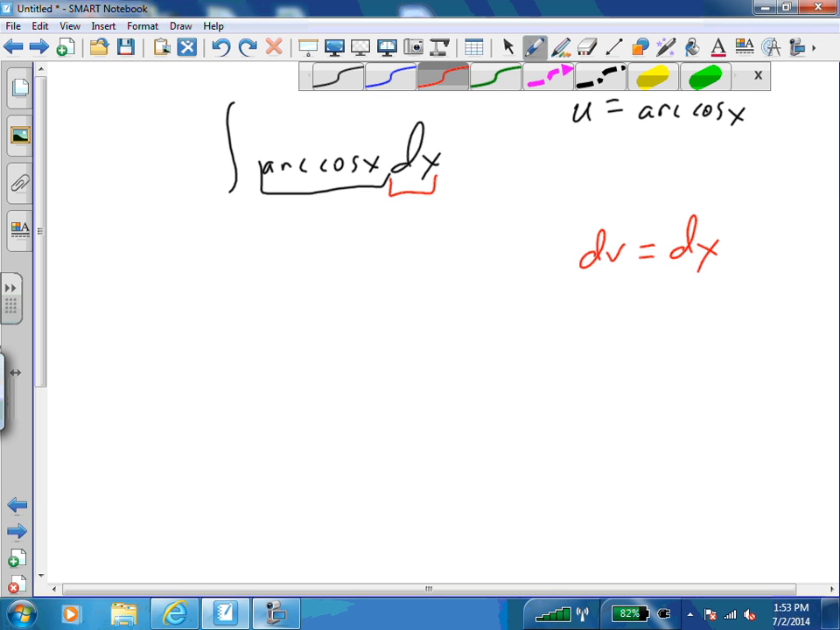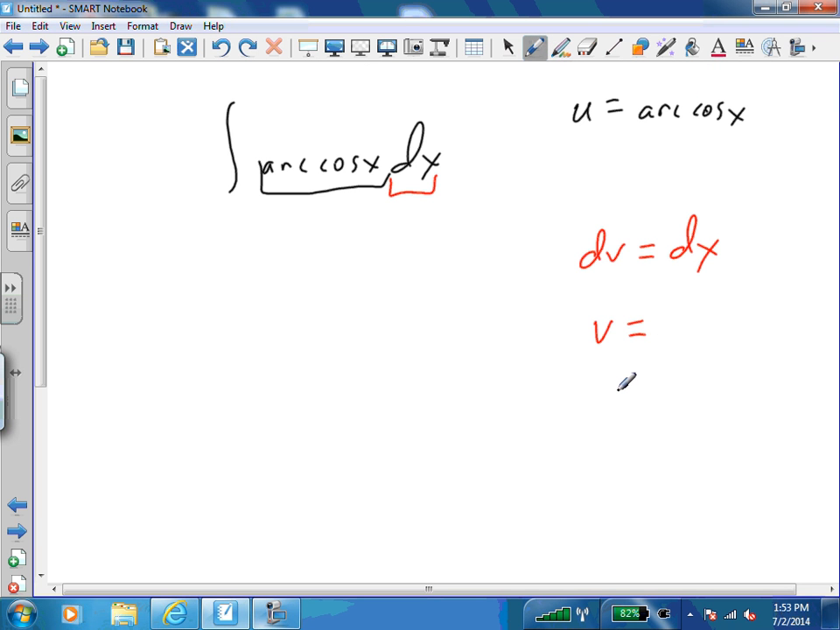So if dv is dx, what does that make v? x. You think of that as 1 dx. If you integrate 1 dx, you get x. All right. And the derivative of arc cosine,